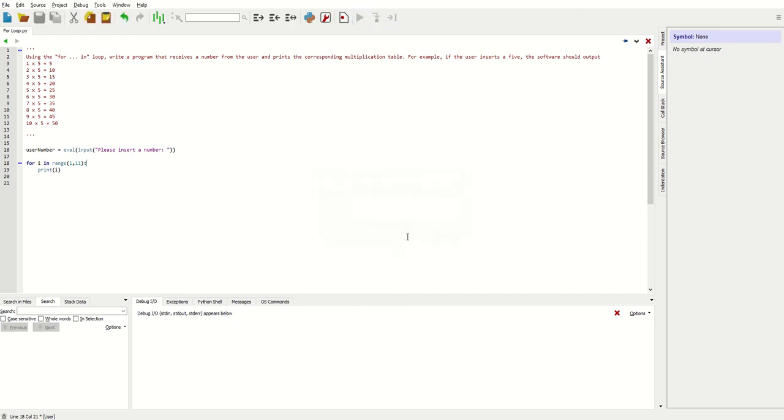So no parameters. Please insert a number. I'm going to say 9, 8. And there you go. You see that i, every time it goes through the loop, changes to the next number from 1 to 10. What I want is not i